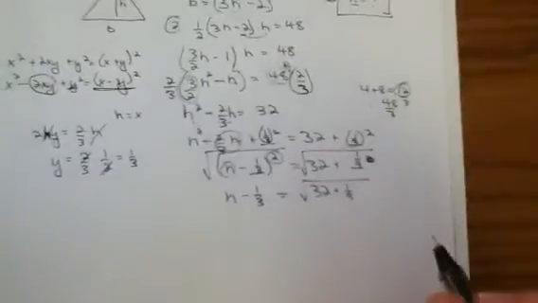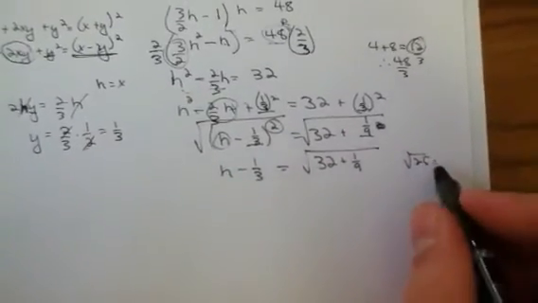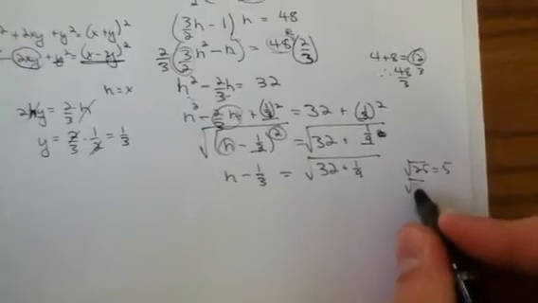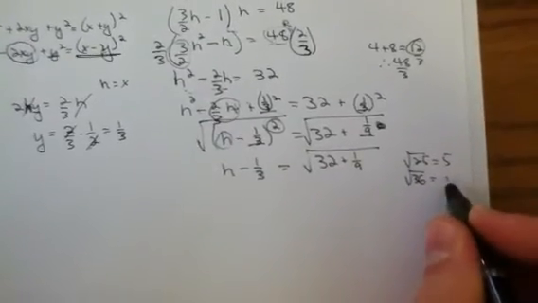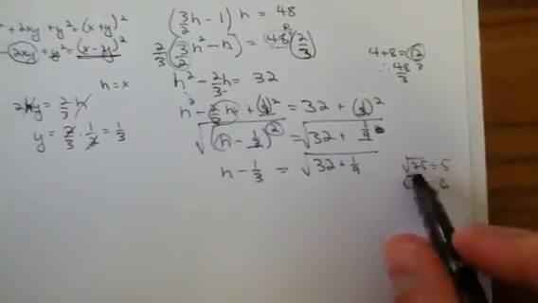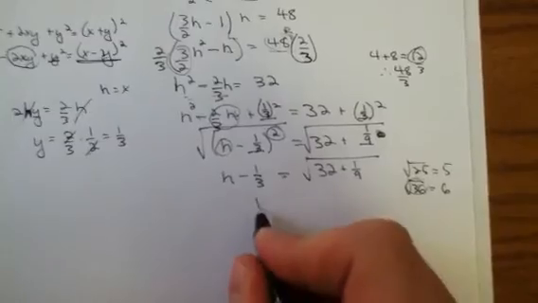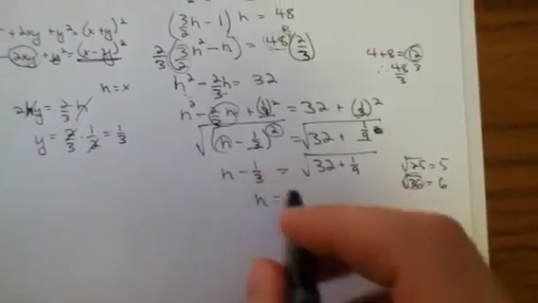That's something between 5 and 6, because I know the square root of 25 is 5, and the square root of 36 is 6. And this is a lot closer to the square root of 36 than the square root of 25. So I'm thinking it's roughly 6, especially when we solve for h, and we have